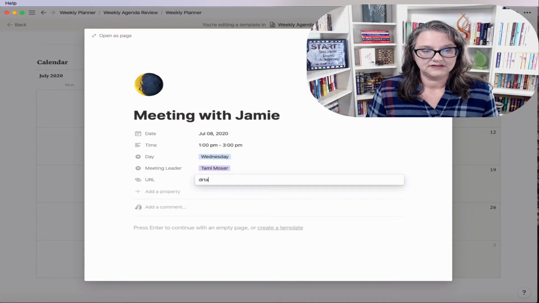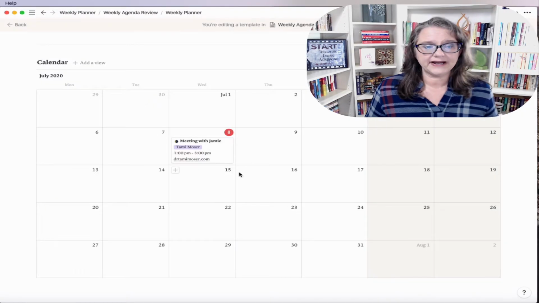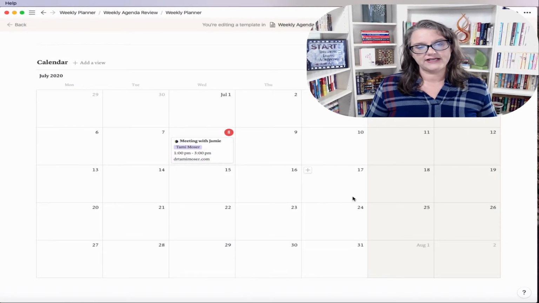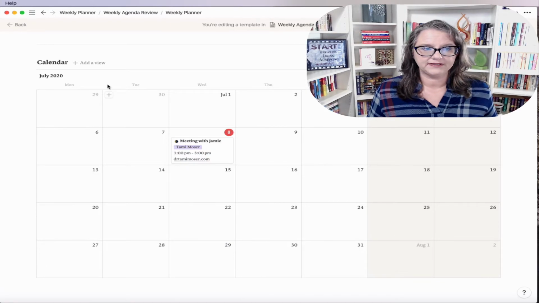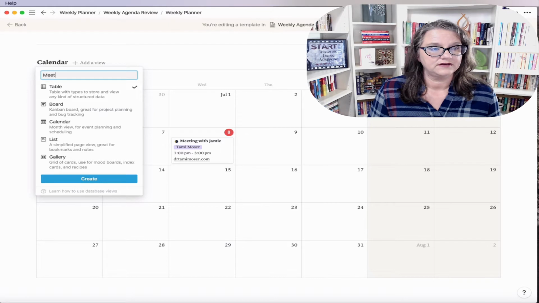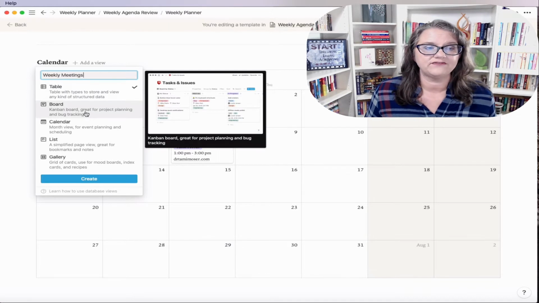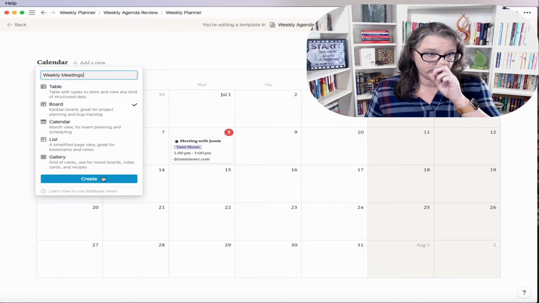So if I go back into this and fill all that in and say Tammy Mosier's the leading meeter, and that's our URL. So now when I go back over here, that's all on that little card, easy for me to see, and those would populate the calendar. So now let's say we want the board view, and this is going to give me weekly meetings. So if I look at the calendar view, I've got the month, and if I look at my board view,